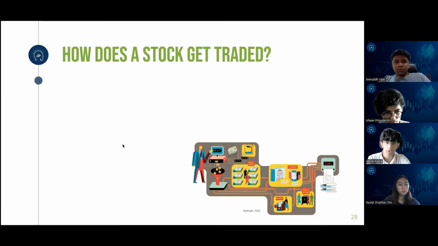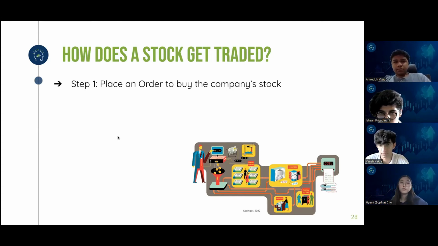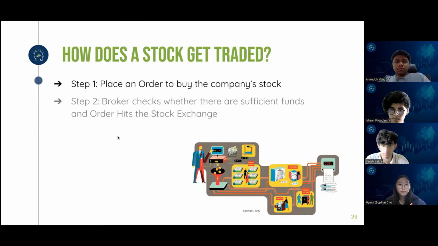Now, how does a stock really get traded? Step 1. You need to place an order to buy the company stock. So first, you need to log into the trading account, which is provided by your stockbroker, and place an order to buy Infosys. Once you place an order, tickets get generated containing the following details: the details of your trading account through which you intend to buy Infosys shares, the price at which you intend to buy Infosys shares, and the number of shares that you intend to buy. And then you move on to step 2, which is